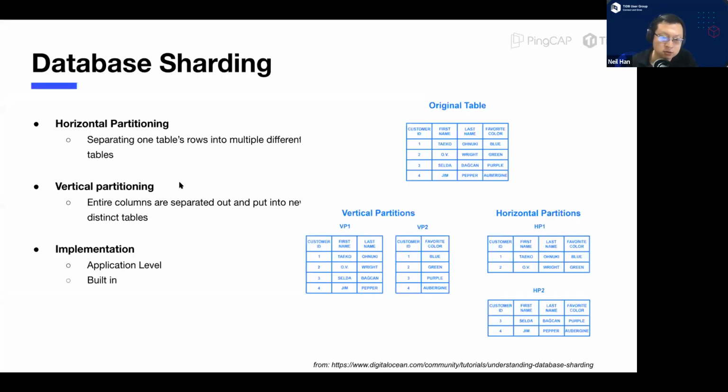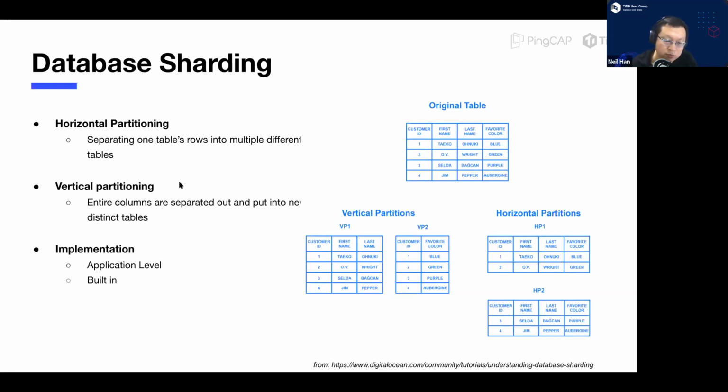Before we come into this session, I just want to make sure we are on the same page on database sharding, because some people have a different understanding. This is for the benefit of the audience and also for the panelists when we discuss this. A brief background on database sharding: traditionally, if you are scaling your applications, the database has to scale correspondingly. There are two ways of sharding. One is horizontal partitioning, where you separate the table rows into multiple different tables, and that's where you can put the tables on different instances to scale.